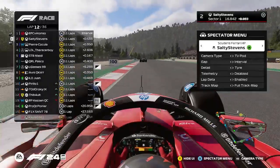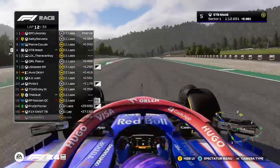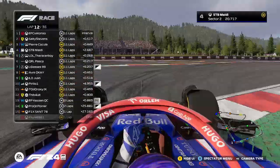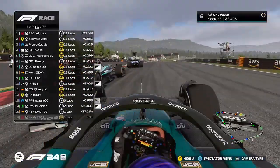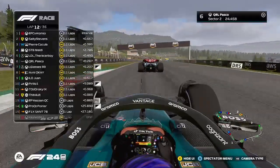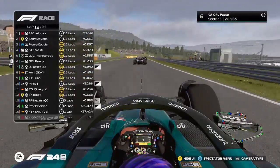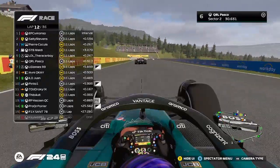But as I say, has kind of held it a little bit, but Maldi now is trying to send it down the inside, does get the move done, as Pasco is also trying to get back through. These two, Racer Boy and Pasco, both started on the front row, have kind of dropped down off it just a little bit,